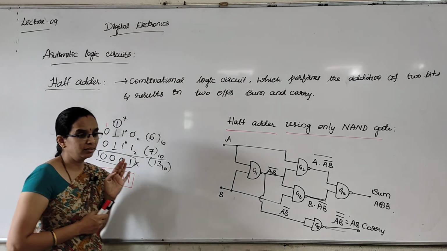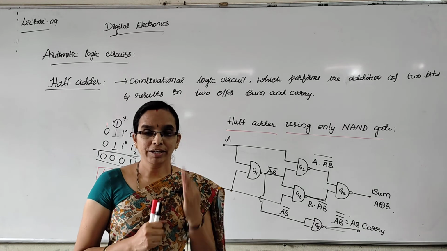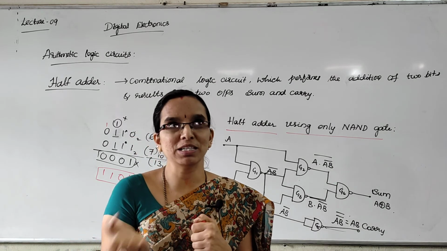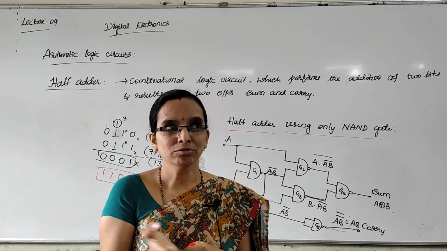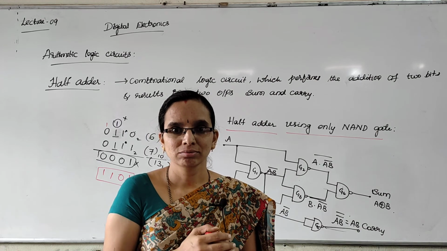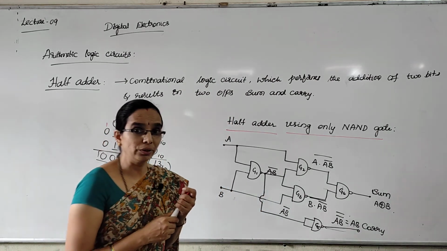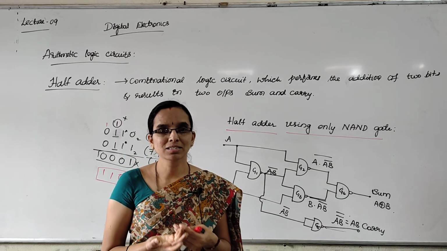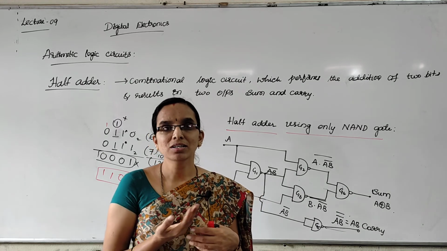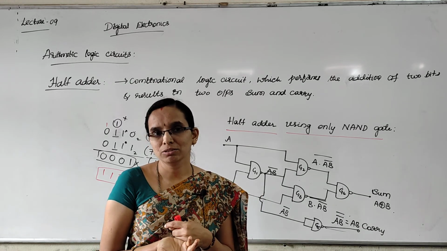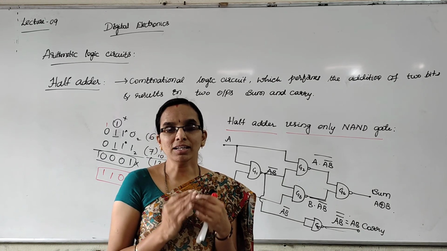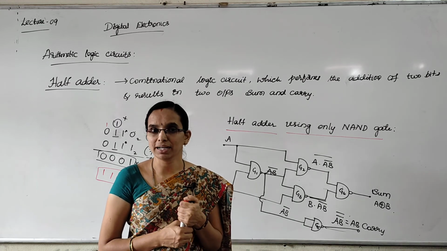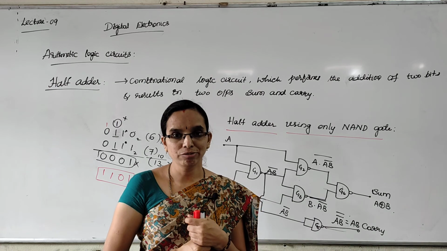So you cannot use a half adder whenever a carry generation takes place. That means you should add only up to 2 plus 3, 3 plus 4. I guess 4 plus 4 also you cannot do, there also carry generates. While doing simple additions, 2 plus 2 also is not possible, 2 plus 1 it can do. Wherever the carry generates, we cannot use half adder. So half adder cannot be used in practice. Okay. That's all about half adder circuits.